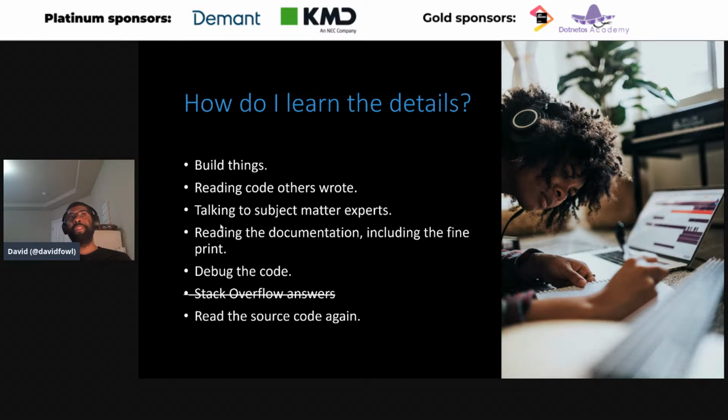Our documentation is, I want to say, good and bad in different areas. A lot of our documentation has the remarks section and has a lot of fine print about how to use APIs. If you do have time, read the fine print, read that extra remarks to figure out what the quirks of this API are. And we ourselves have to do more of that too. And then when you're finished with these things, read the source code again, right? You'll find a lot of gold there. I think a lot of the engineers on the teams themselves jump around source.net, which is a thing we built internally to browse source that's linked together, just to learn how the things that we call ourselves work in .NET.